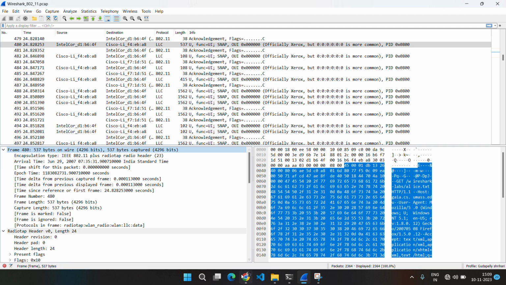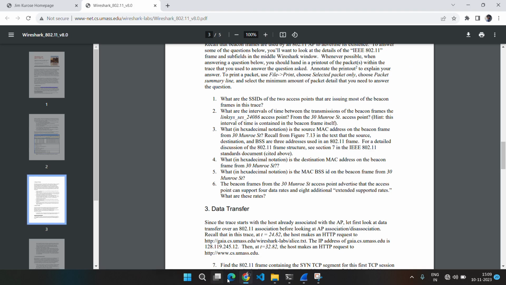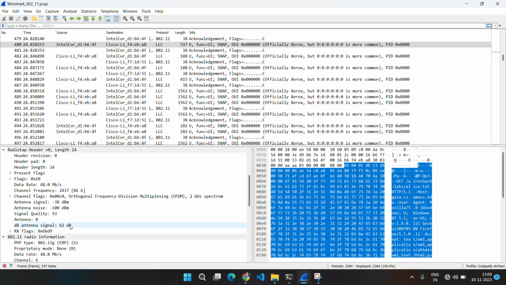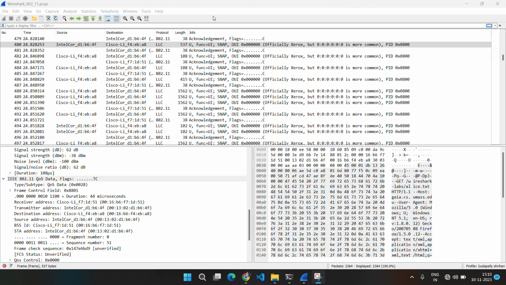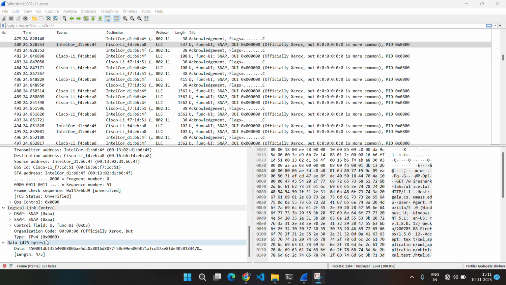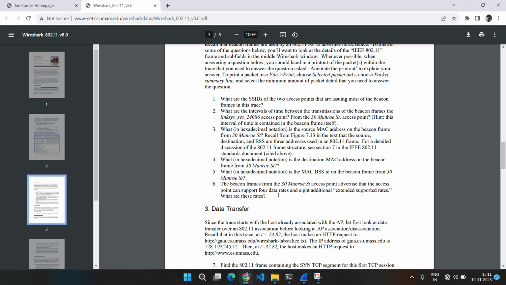And after that, there are some questions like hexadecimal notation. You can see the hexadecimal notation here. Let me show you. Here you can see the hexadecimal code, which is 0x8801 for the frame control field, and for this duration field, the hexadecimal code is 0x0800. And the next question is